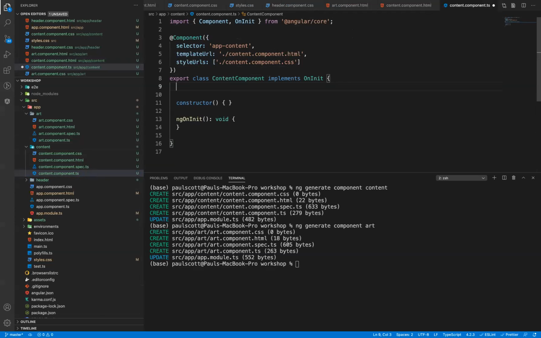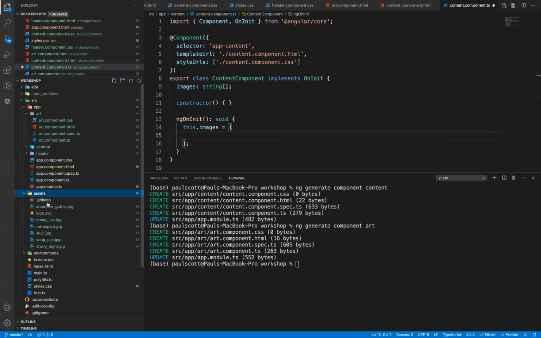So I'll call this images. It's going to be an array of strings. I'm going to initialize it in ngOnInit. So with TypeScript, one thing to note, if you're in a class and you're referring to a class instance variable, you have to use the this keyword. You cannot avoid using this, because if I just do images, it's going to give me an error. It's not going to find it. So you need to make sure that the this keyword is in use. And we're going to set this to